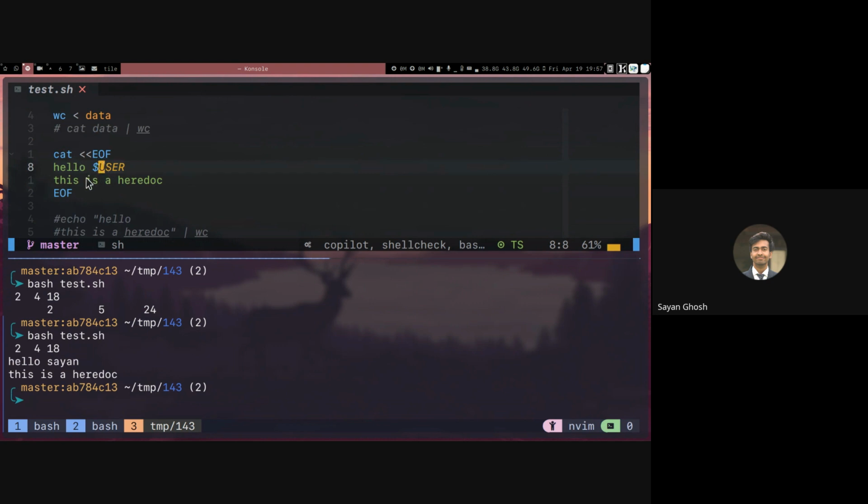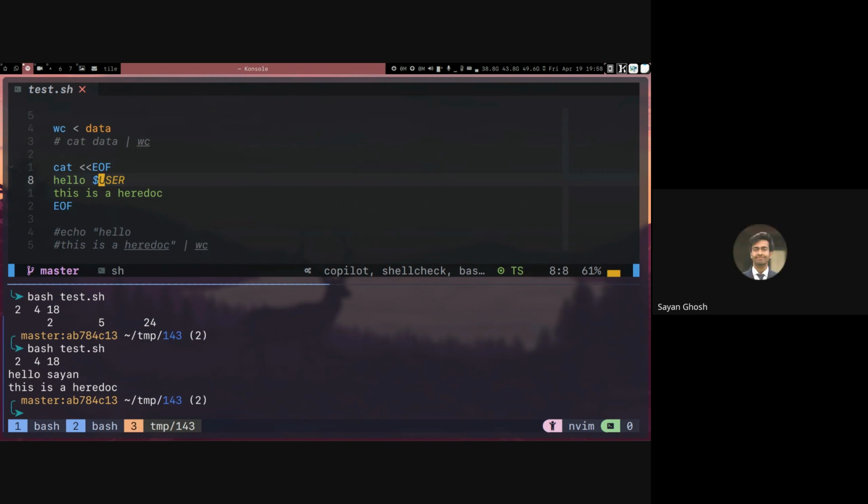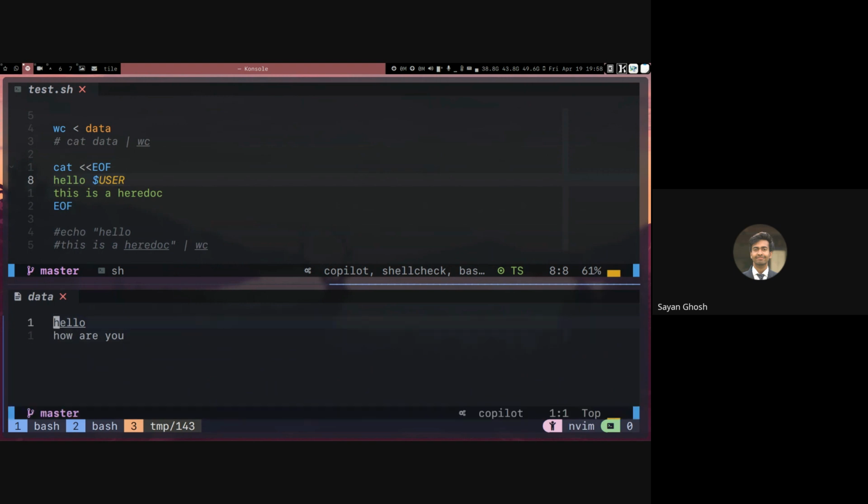So this is for multi-line string or text along with variables given in the script itself. So cat less than filename will not work. No, less than is not for a file name. So if in the data file I had a variable, let's say $user, it won't get executed. For example, if I go into the data and add the $user here also,